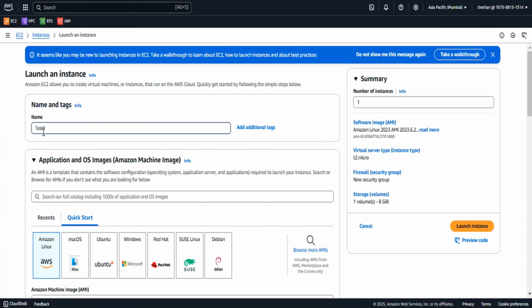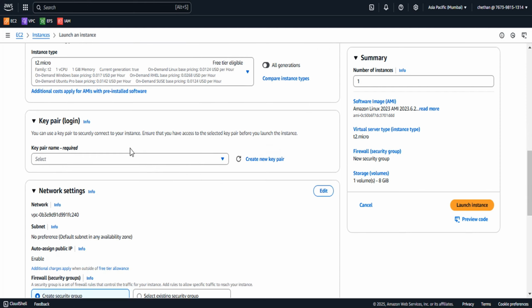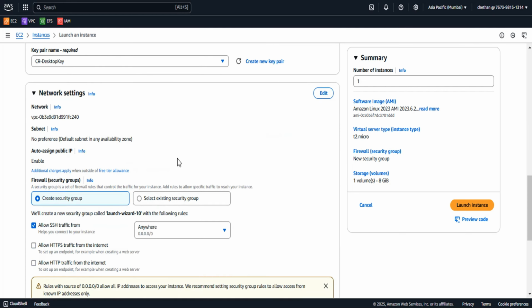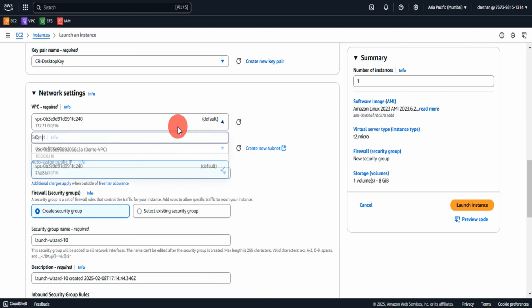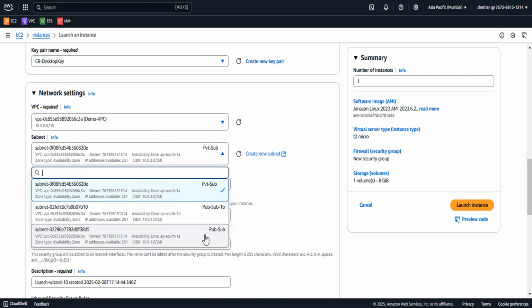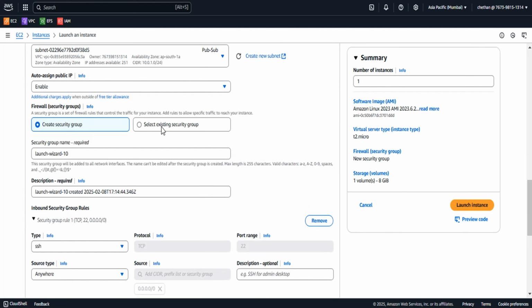You can name it anything. I'm naming it test one. Amazon Linux I will take, and T2 micro, key pair, and we need to select our demo VPC. And first I'll be selecting this public subnet which is in 1A. You can see here AP South 1A. And also we will assign the public IP by default, and I'm giving it